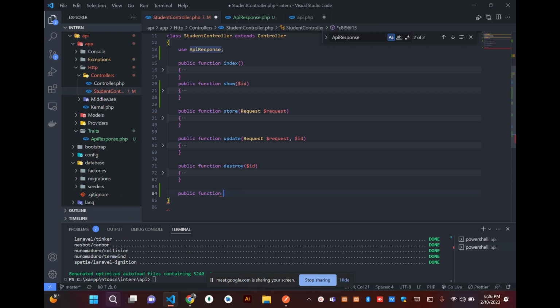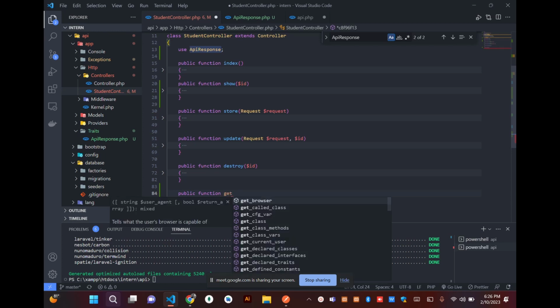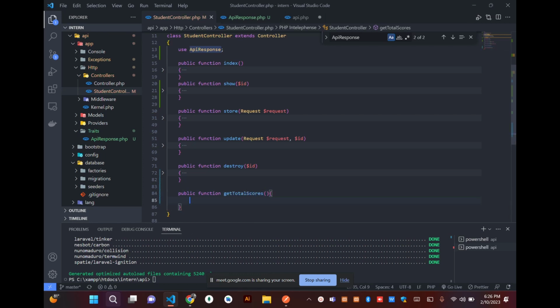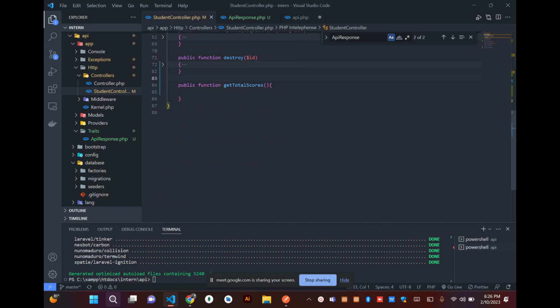So you can say public function get total scores, total scores scored by all the students. This is a custom method which is not in the resource API. So I can say I want to get the total scores. So how do I do it? I just come here and say